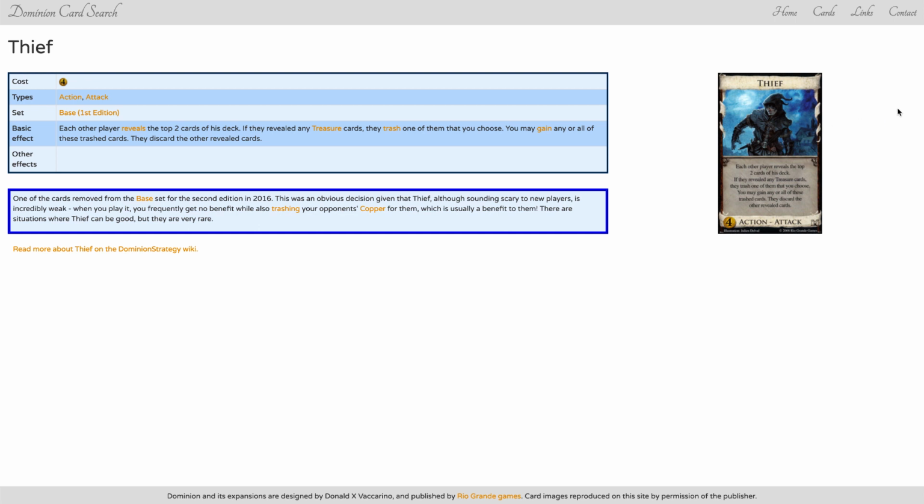What it's good at is stealing treasures. So if your opponent has a deck where they rely on treasure payload and they've trashed all their coppers and say they need golds, or heaven forbid platinums or fool's golds, Thief is absolutely destructive. It will take the fool's gold away from the opponent and you get it. So it can be quite destructive in those instances,